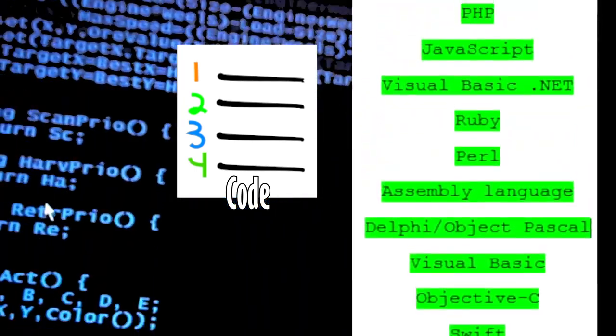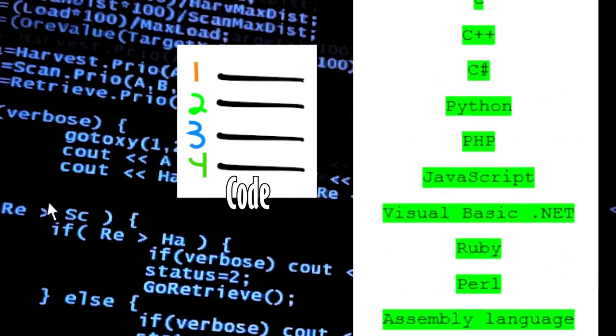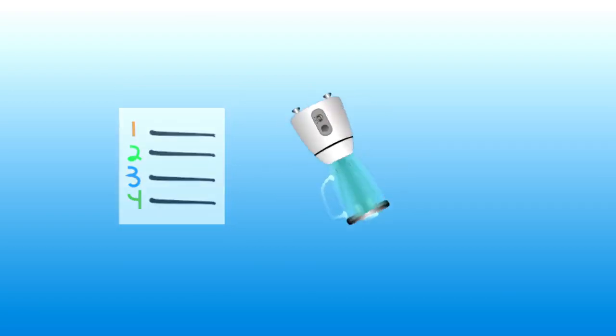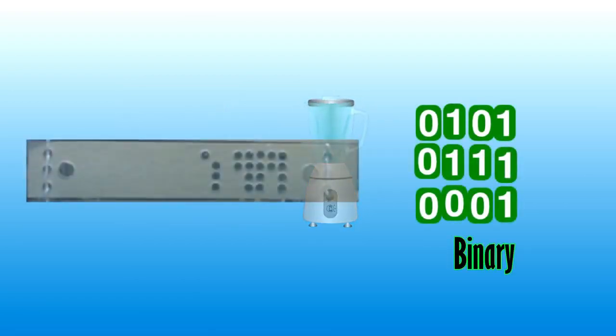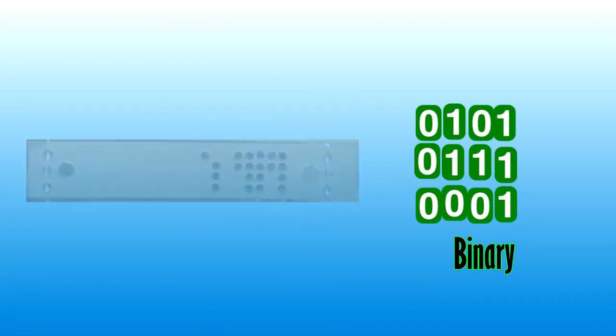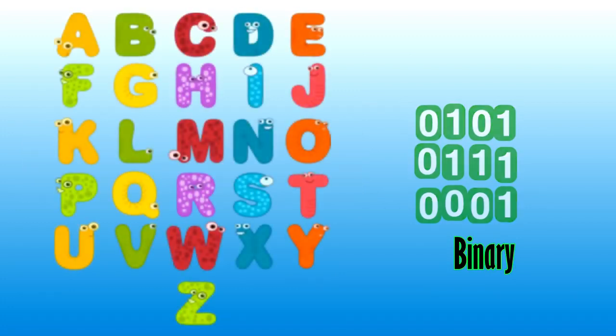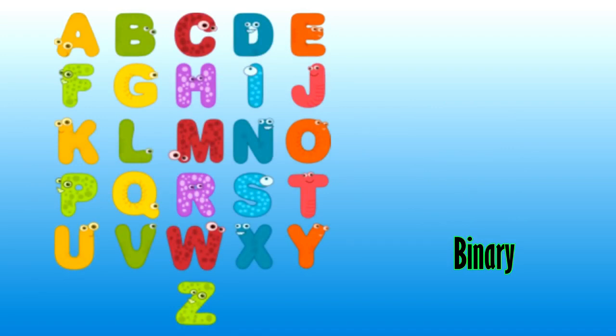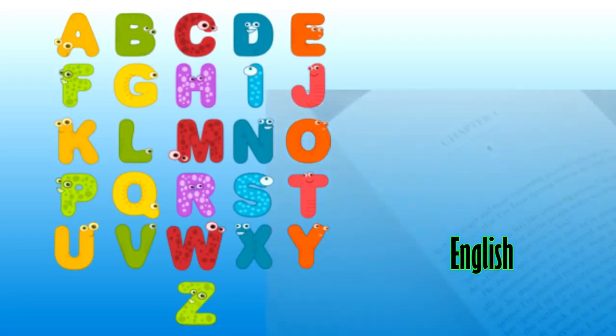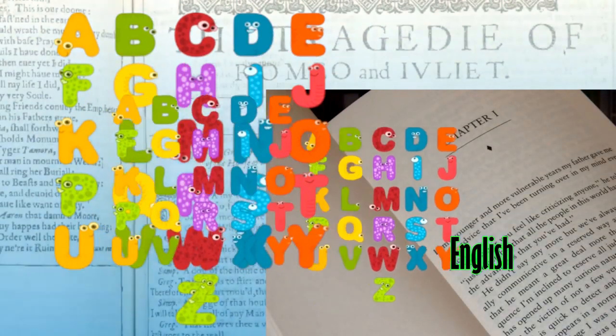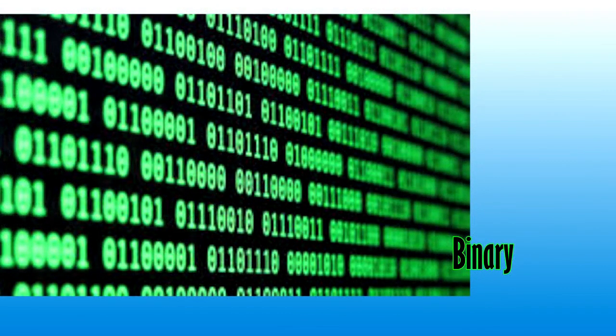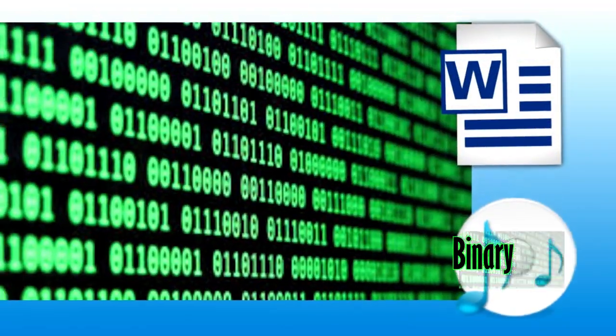Computer programmers use different languages, whether it's Python for gaming, Java for desktop applications, or Objective-C for an iPhone app. A computer program is only a text file following those rules, and it's eventually translated into something the computer can understand. Just like the pins on Jacquard's loom, a computer can only understand two things. Think of 1 and 0 as the alphabet of a computer. It's like, if you look at the alphabet of the English language, there's only 26 letters, and by themselves, they're meaningless. But when you combine them in different ways, you get the Great Gatsby, or Romeo and Juliet. In the same way, billions of different combinations of 1s and 0s have the potential to give us Microsoft Word or iTunes.